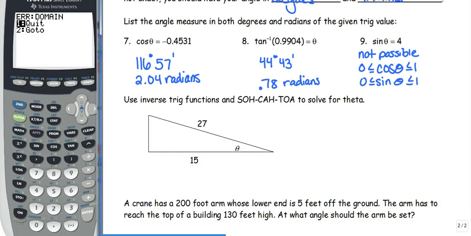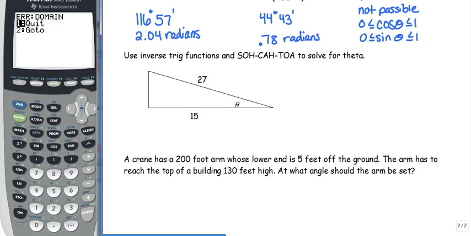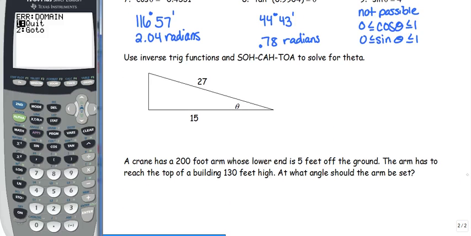Okay, we're almost done. We have 2 word problems left to do. Use inverse trig functions and SOH CAH TOA to solve for theta. So when I look at this, I want to find my theta. I'm given adjacent, I'm given hypotenuse. That means I have cosine of theta is equal to 15/27. Now this isn't new to you. This is a review. We've done this actually the very first day of the chapter. Since we're solving for our angle measure, we are doing our inverse cosine